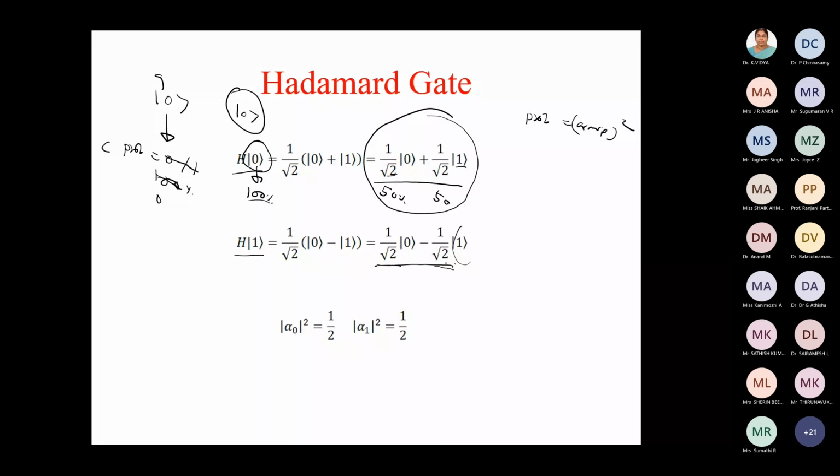In this state, what is the probability of measuring 1? 1/2. Perfect. So again 50-50. This minus sign is just for phase. But the probability will be the same in this case or in this case. So what we have learned here in this Hadamard gate case is that this gate is helpful in creating superposition. From this pure basis 0 state, we are able to have 0 and 1 here.